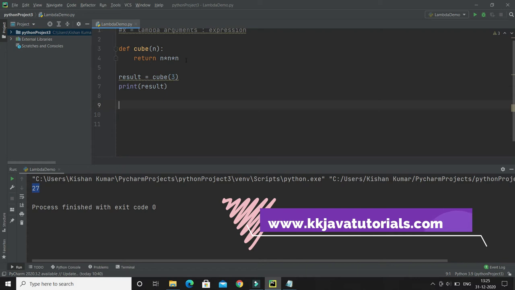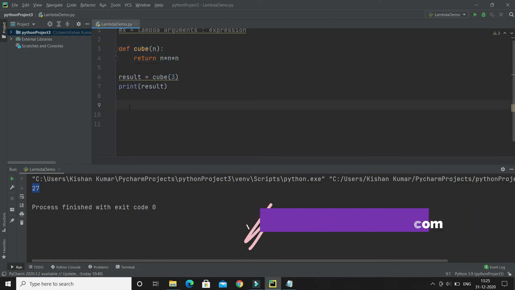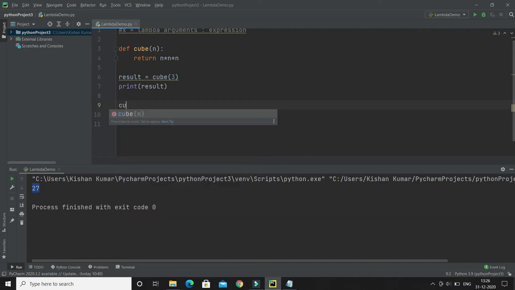So let's see how we can write an anonymous function or lambda expression for this functionality, right? Here I'm going to write, first of all, cube of number. First of all you have to give the variable name where the result of lambda is getting stored, right?